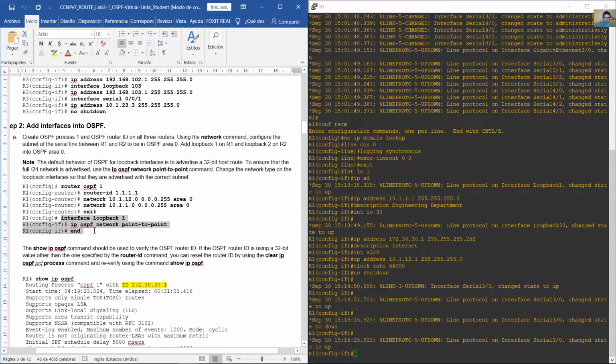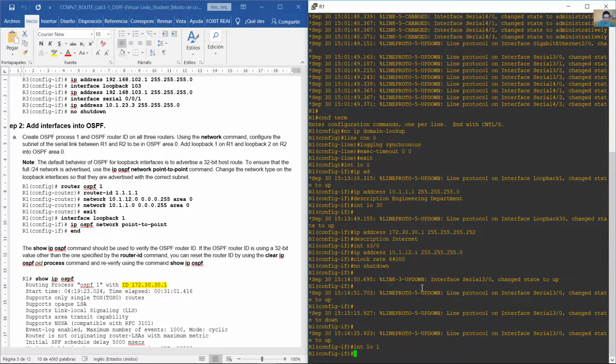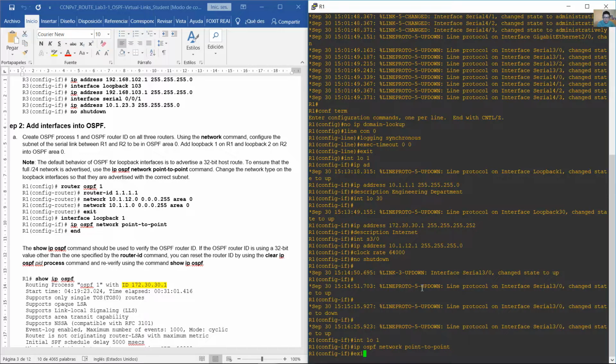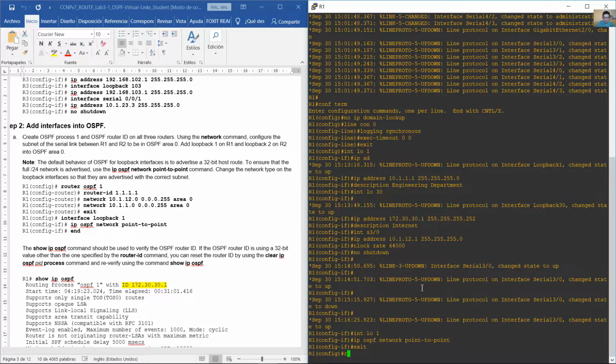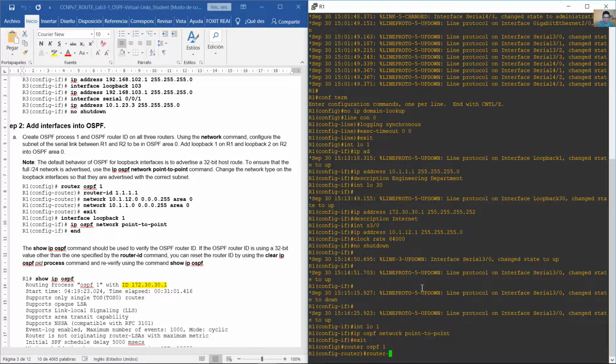Okay, change the network type for the loopback 1 interface: interface loopback 1, ip ospf network point-to-point, exit. Go to create router ospf process 1, set the router ID,